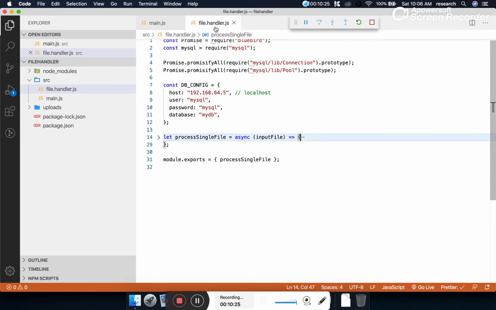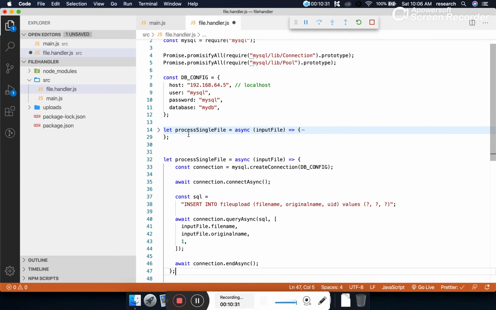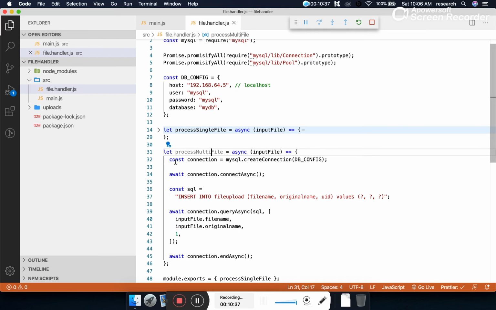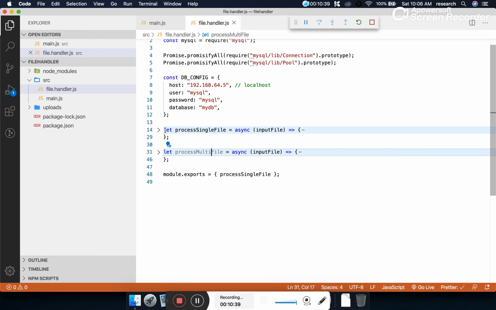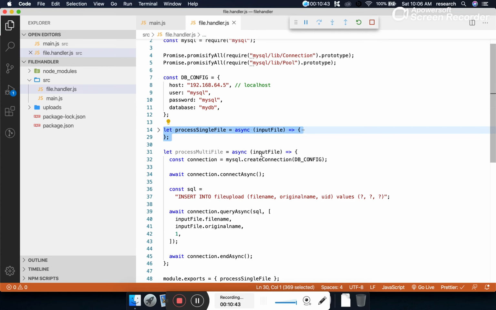So let's create a separate file for this, and what I will be doing, I will be copying this method, and instead of calling this process single file, I am calling this process multi file. I could have reused this method, but for simplicity I am creating a separate file. And here instead of input file, it will be file list, because the user is uploading more than one file.